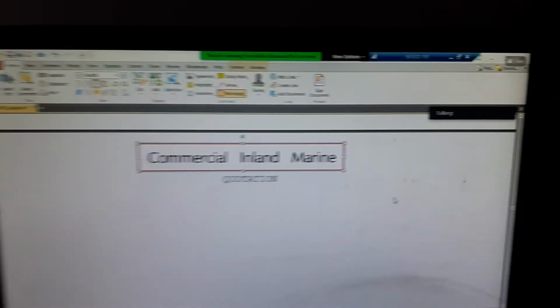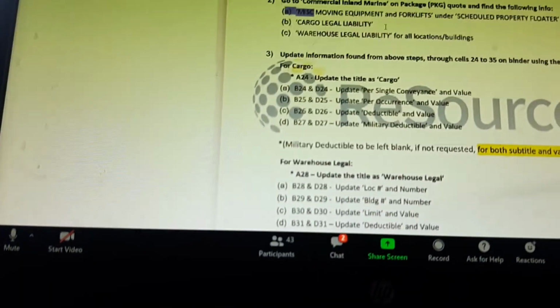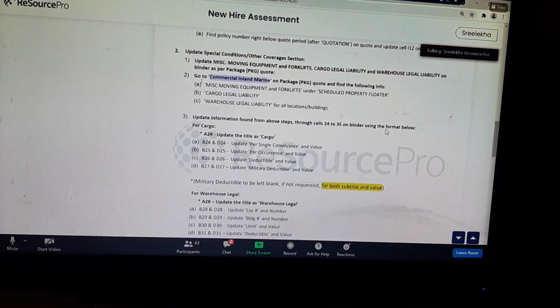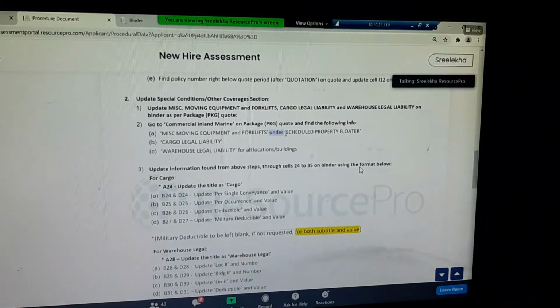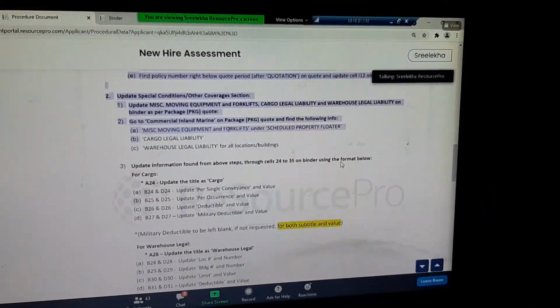But still it is asking us to find the following information. So for all the 3 pieces of information, the main heading is commercial inland marine. So the sub point, miscellaneous moving equipment and forklifts under scheduled property floater. So under the scheduled property floater heading, we are going to search for miscellaneous moving equipment and forklifts.